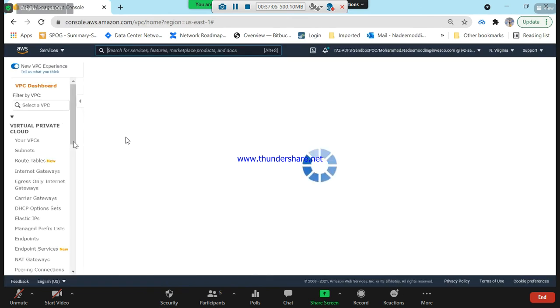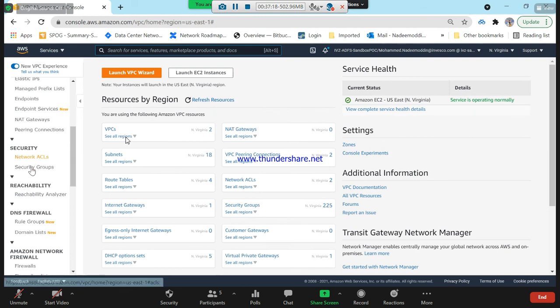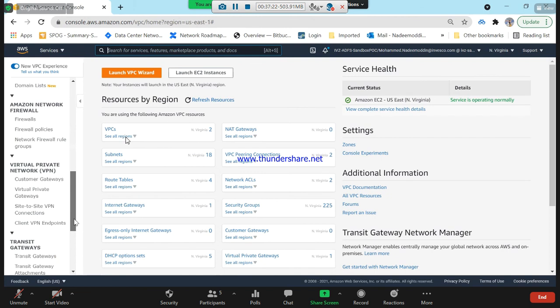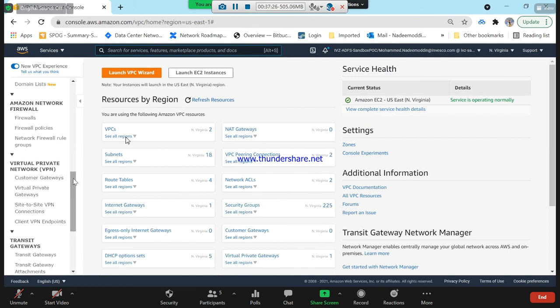So let's say your VPC, subnet, routing table, internet gateway, elastic IPs, and then the NAT gateways, and here the security: network ACL and the security group. After this, how to connect your offices to the AWS cloud: VPN and the transit gateway.